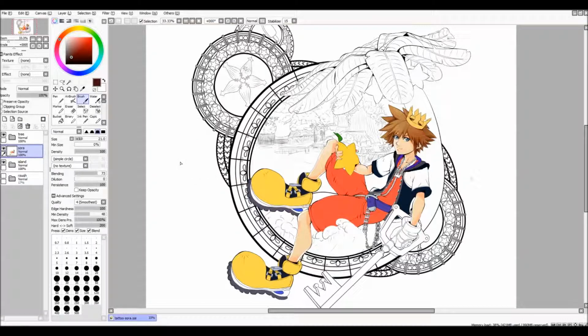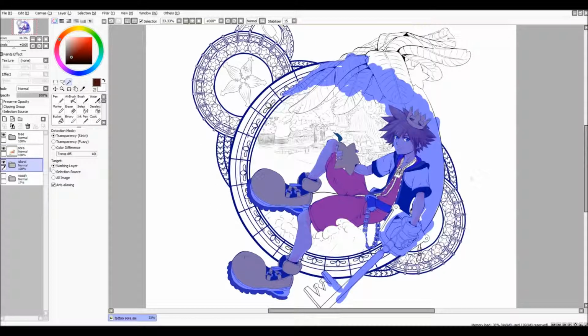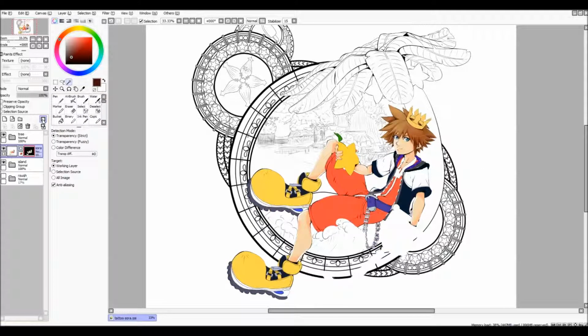And now we're going to learn how to make a mask. We're going to click on the selection tool, and we're going to stay on the Sora layer. We've got to make sure that whatever we're selecting is a large enough area. So if I were to select on the island, that I could mask, but I don't want to mask that, so undo that selection. And we're going to mask Sora here. And we're going to click back on the layer. Okay. And we are going to click on this little new layer mask,